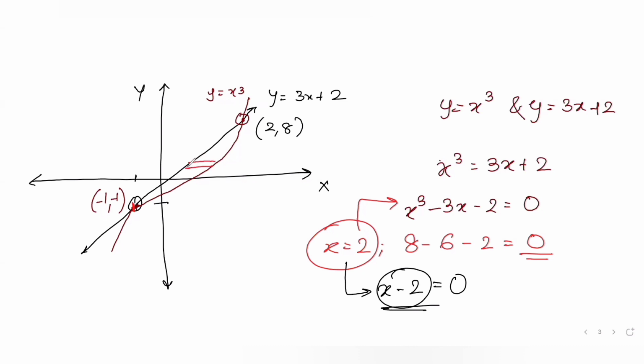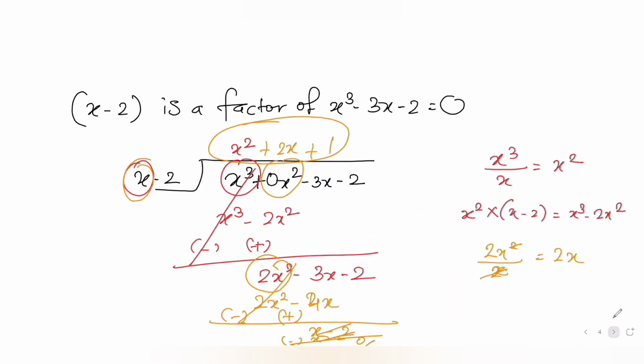So if I take a horizontal strip, I get the understanding that my coordinates of x go from -1 to 2, and my region is between the line. So first you will have the equation of the line minus the equation of the curve. So if I just solve that now, taking integrals here,